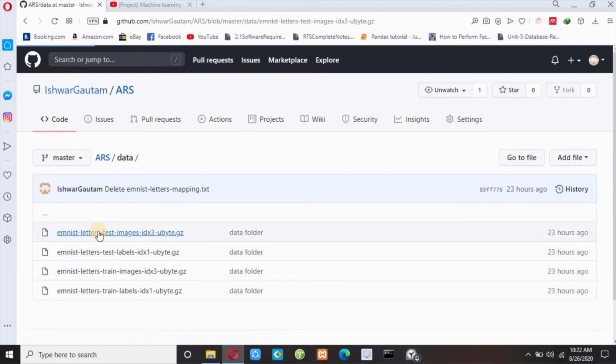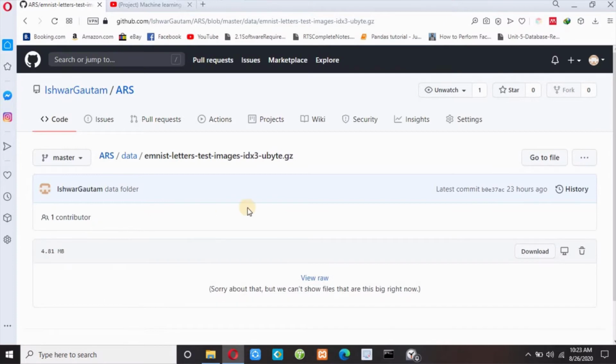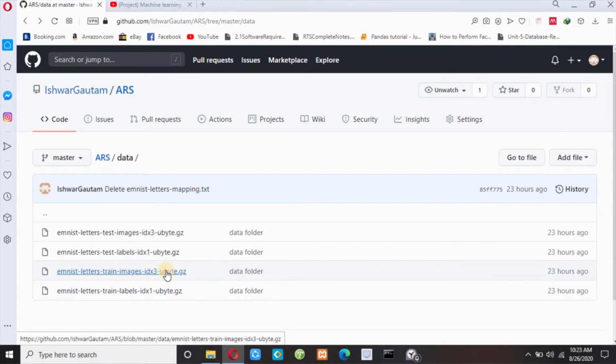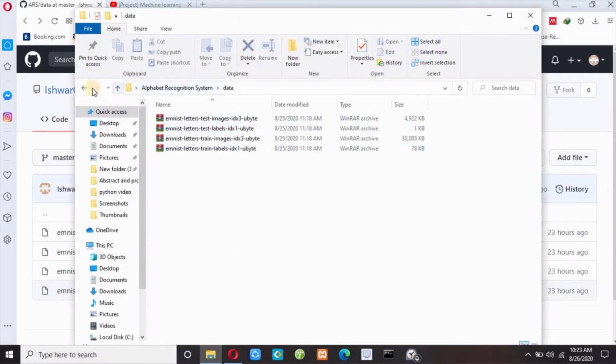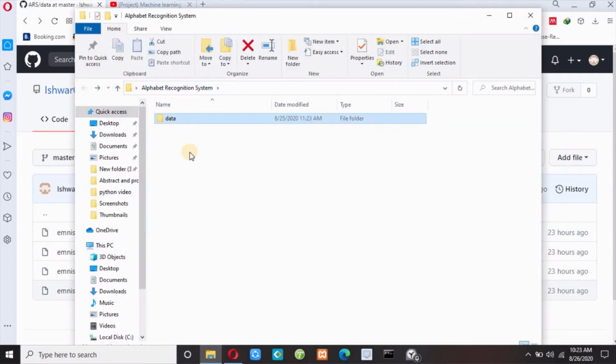Click on a file, and then you can click either on view raw or directly on the download button. In the same way you can download the other files also. After downloading these 4 files, you have to put all 4 files in the data folder. So this is inside my data folder.